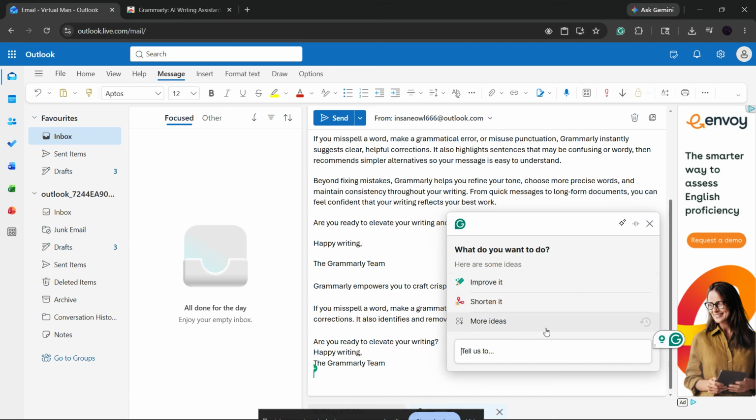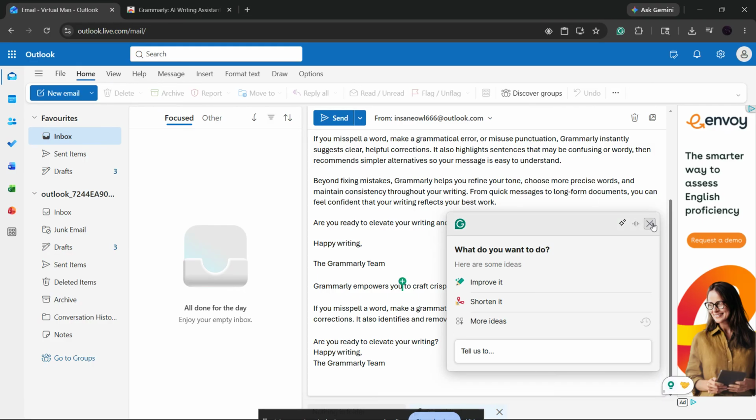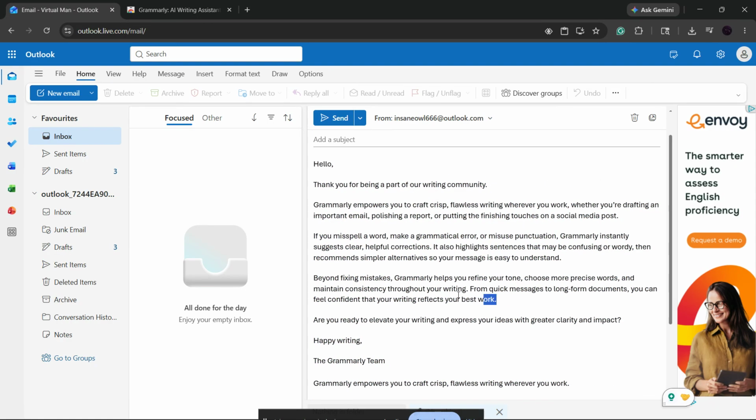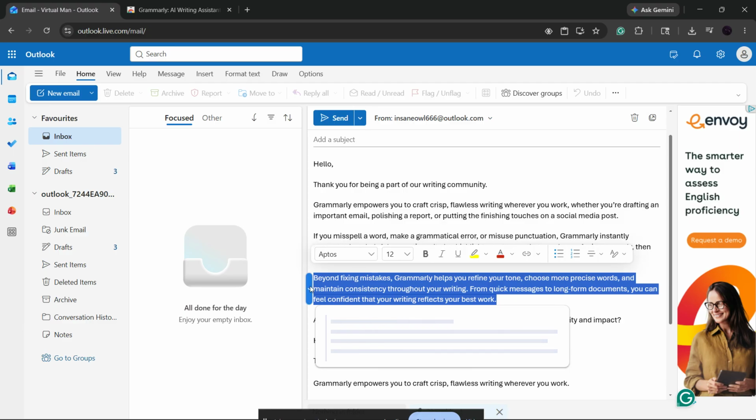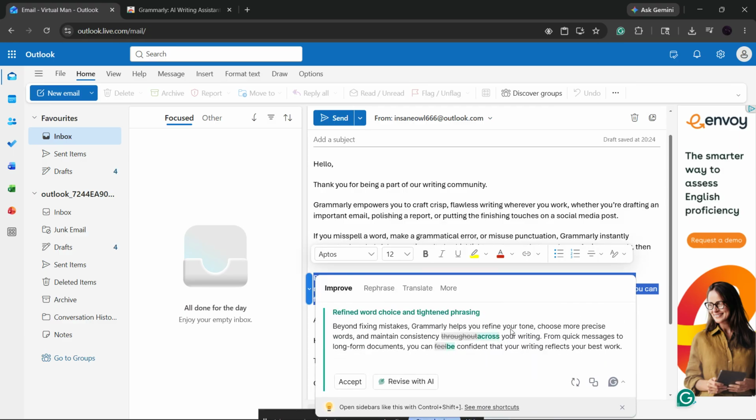Now here's one of the best features. If you highlight any text inside your Outlook email, Grammarly can give you extra editing tools. When you select text, you may see the blue bar appear on the left side. Click that blue bar and a pop-up window will open with options like improve, rephrase, shorten, and tone adjustments. This is really useful if you want to make a message sound more professional, more friendly, or just more concise